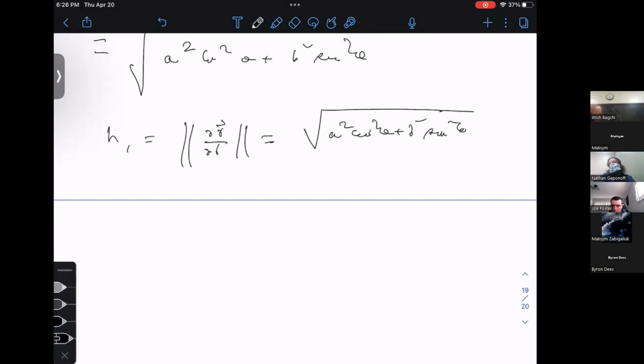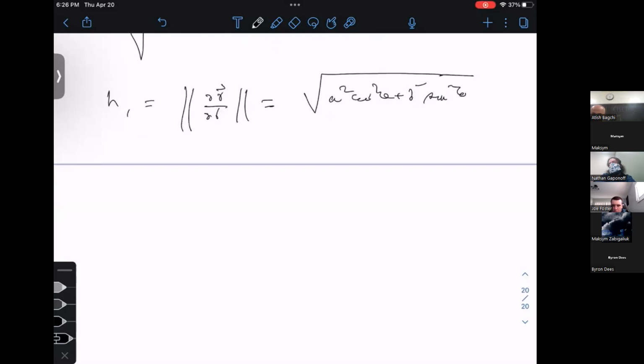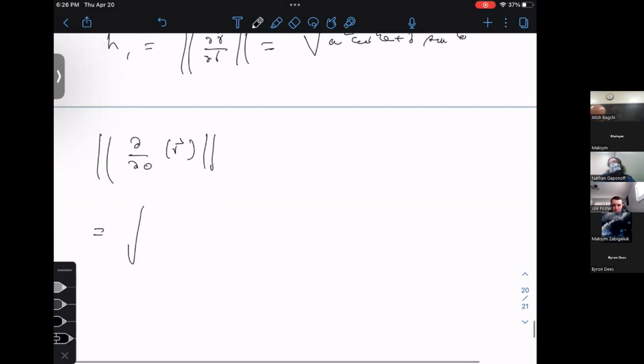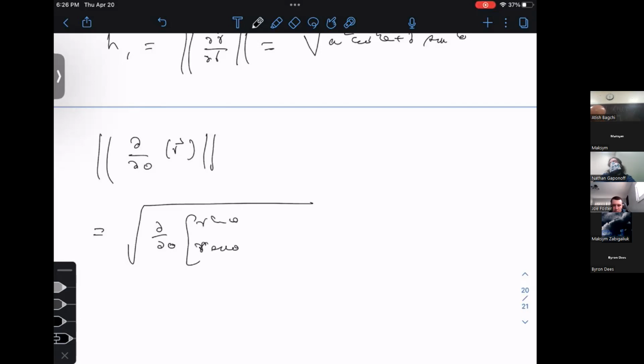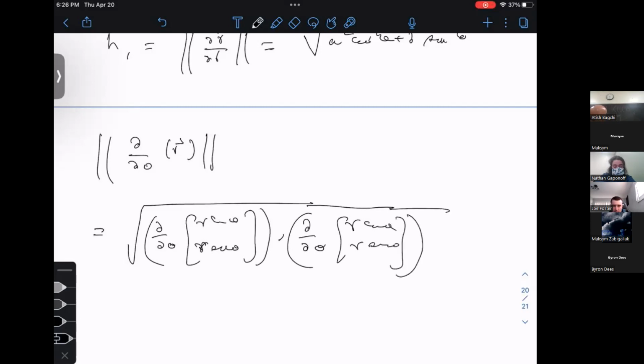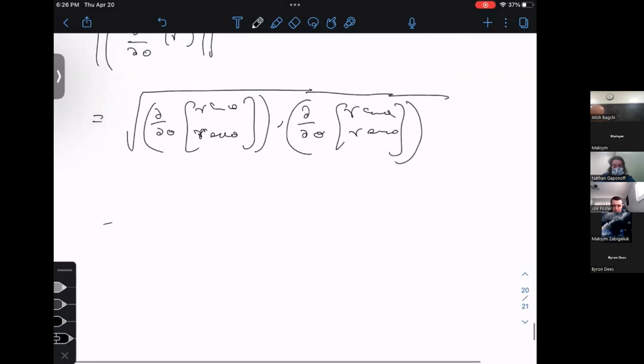Note that this is not difficult at all. This is absolutely straightforward. I am just following exactly what is in the notes. We have to now calculate this, which is equal to square root of del theta R of R cosine theta, R sine theta dot del theta R of R cosine theta, R sine theta, which is equal to